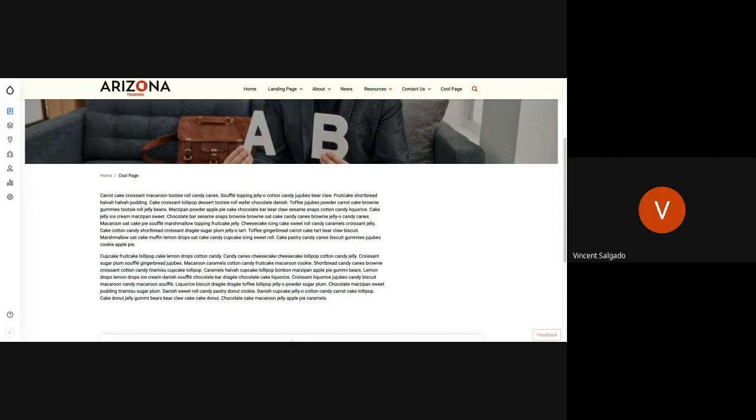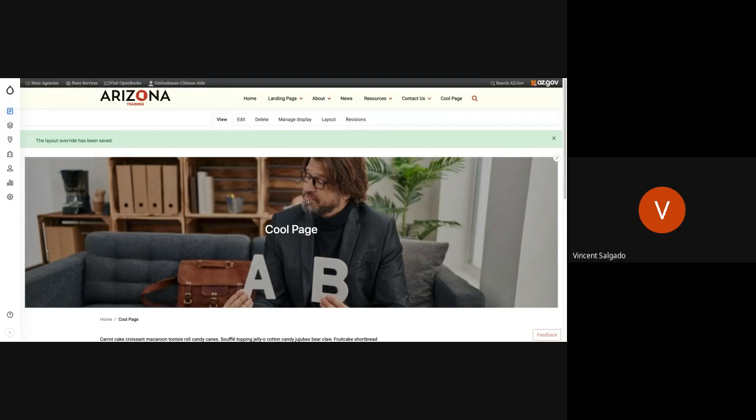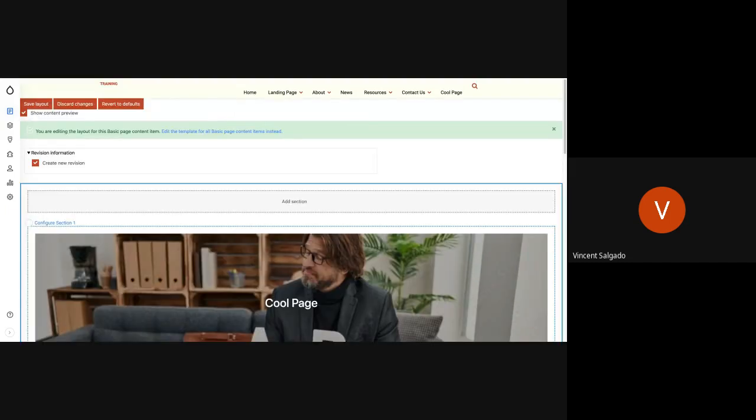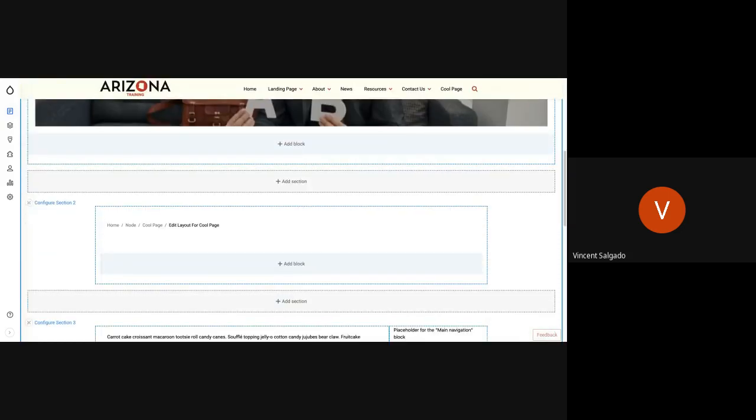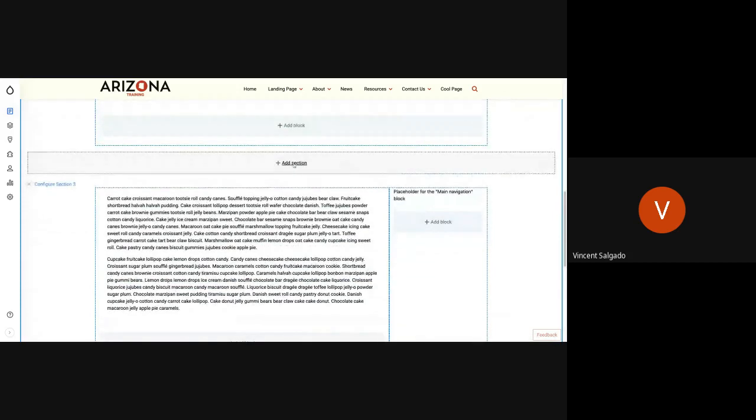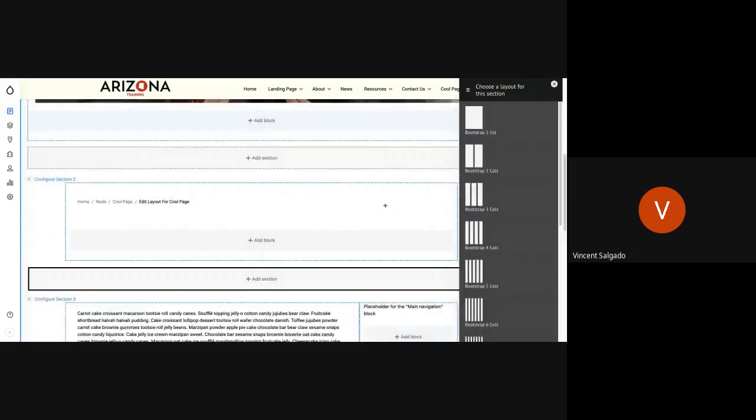Anybody have any questions on this? What's the difference between add section and add block? Yes. So when you're in the layout builder, you will see add block and add section. A section is a region you create on the page that allows you to put in those blocks of information. So if I were to add a section, let's just say below here,